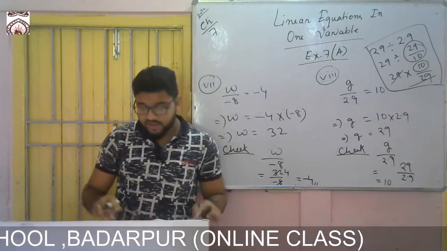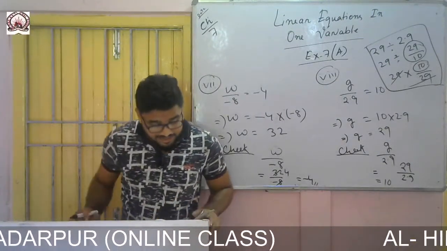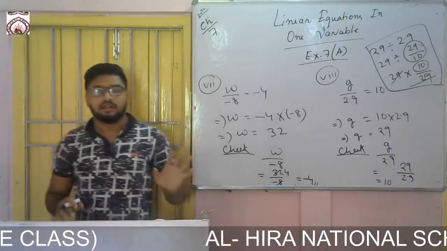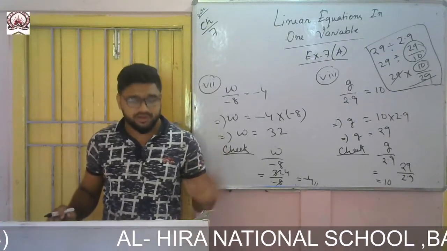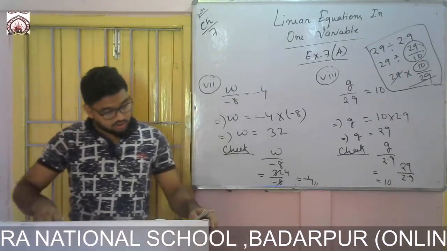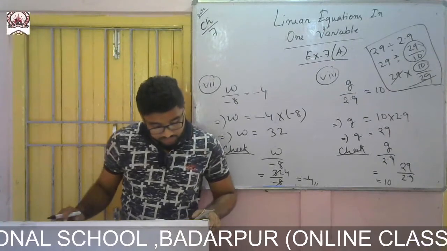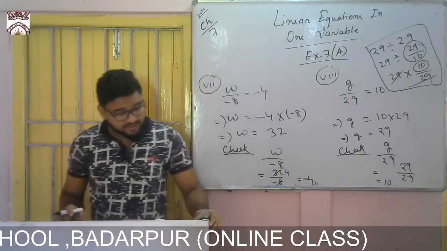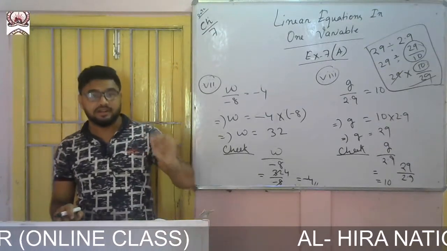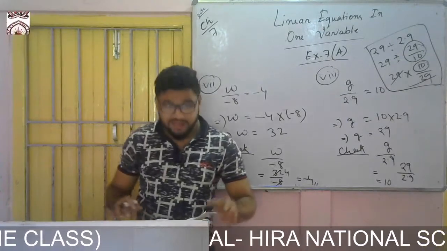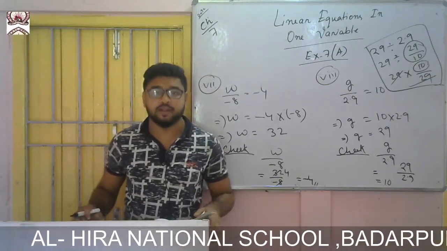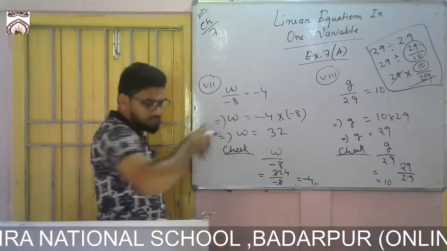So now come to question number 3. Write the following statements in equation form. Find the numerals to make the statement true. That means these are given in the statement, that is words, and we need to convert it into equations. So see the question: x decreased by 7 is 13. Whenever you find the word decrease, it denotes minus. So x decreased by 7 means x minus 7. Is 13 means equals to 13. And find the answer.